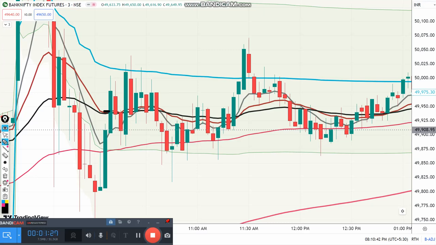21 EMA remained above the 50 EMA. 9 EMA never crossed the 21 EMA. It simply came down like this. For the majority of the time in this range, 21 EMA remained above the 50 EMA, but the 9 EMA remained below the 21 EMA and it fell into the 50 EMA. Both fell into the 50 EMA,